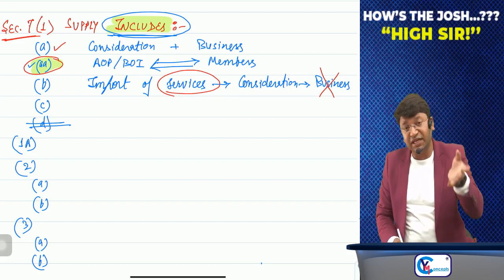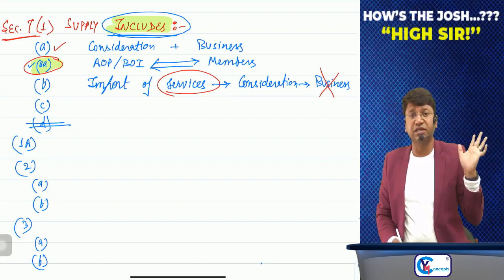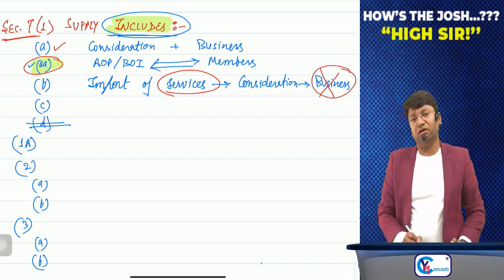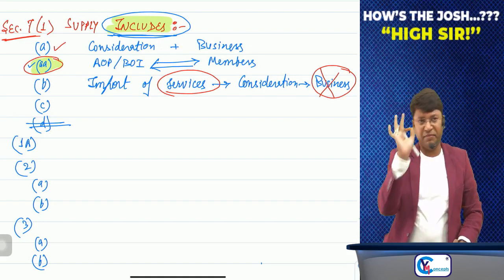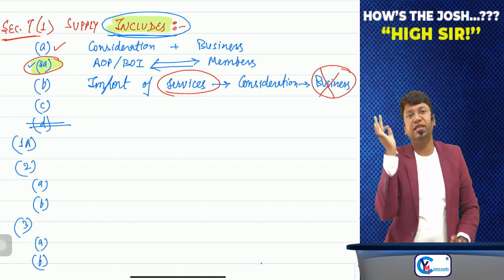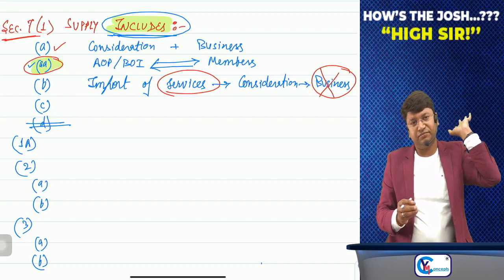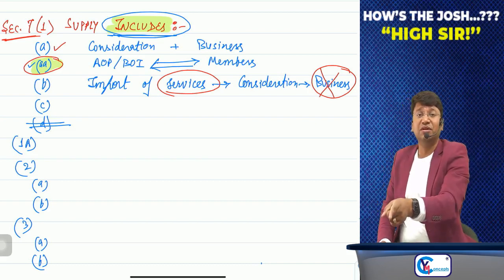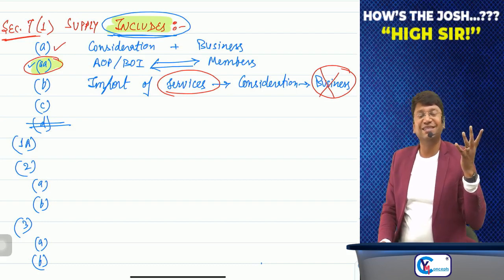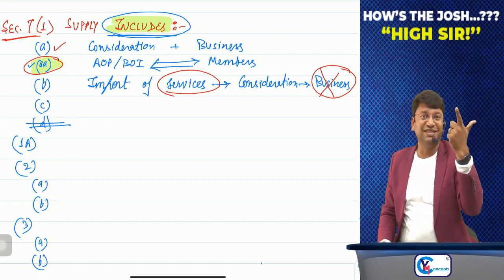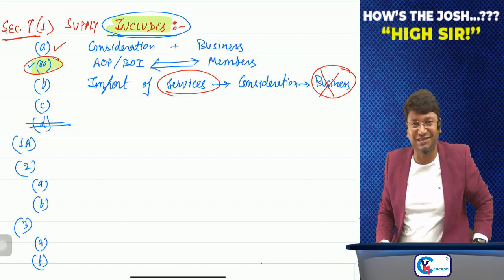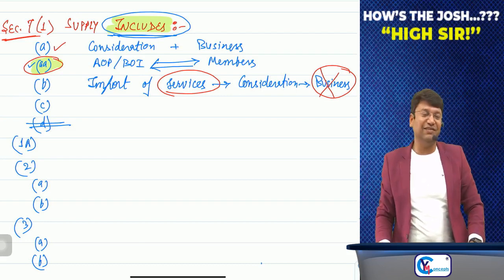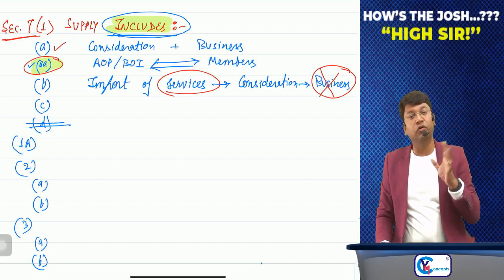Sir, on import of services, if it is for a consideration, GST will be levied, whether it is in the course or furtherance of business or other than for business, we don't care. The best example is Netflix. Netflix.com is located outside India. Suppose it is providing services to people located in India. Sir, it is import of services for a consideration, although it is not for your business, it is for your personal entertainment. Then also it is supply, and yes, GST will be chargeable, GST will be payable. Who will pay the tax?